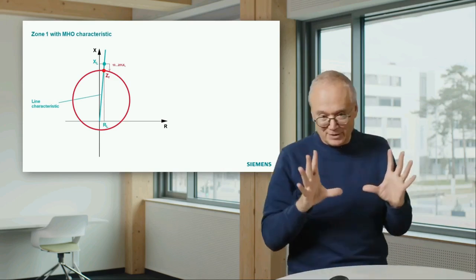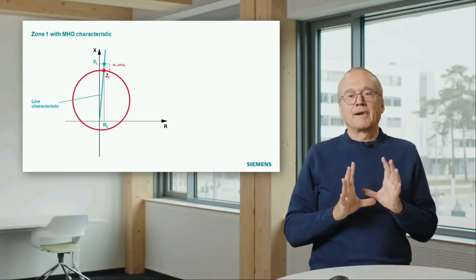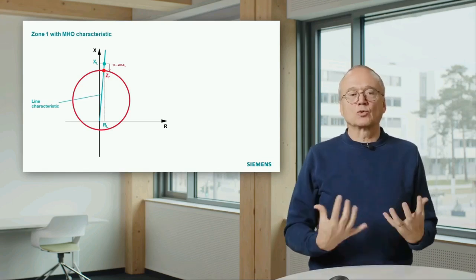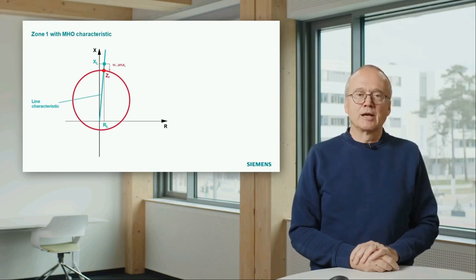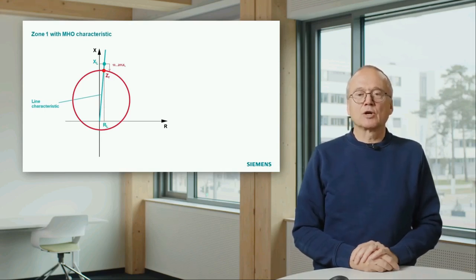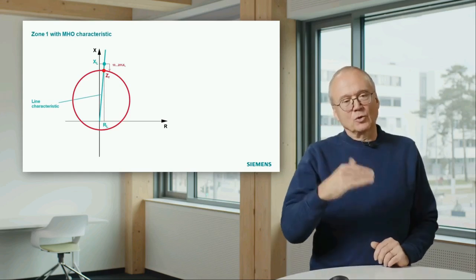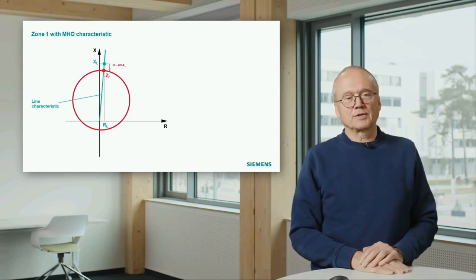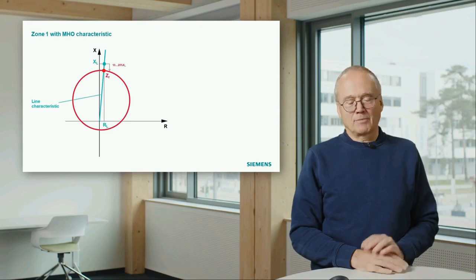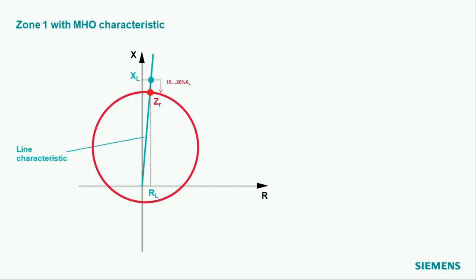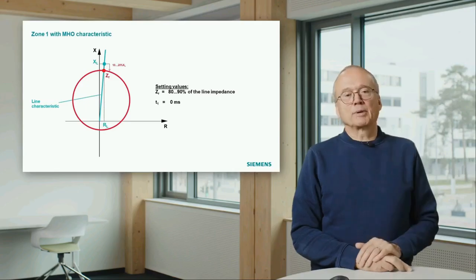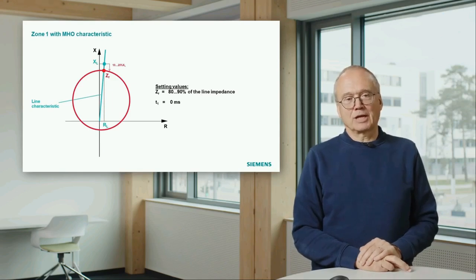That means this circle is also a bit of an unsharp thing due to measurement errors, because you have to deal with the same measurement errors. And that means you also have to do this reduced setting of 80 or 85%, and you then make a timer setting. That means all the other ideas I would like to discuss later on are also applicable if we have this type of characteristic.